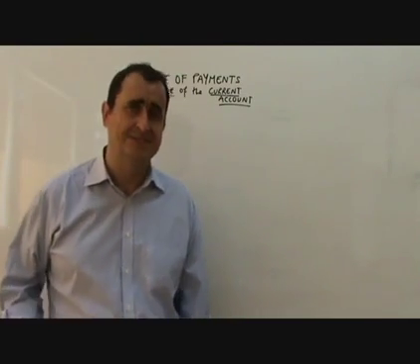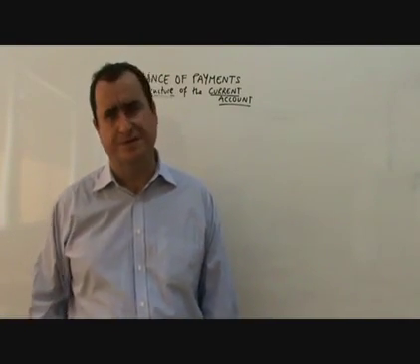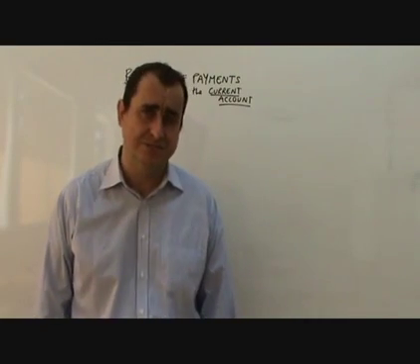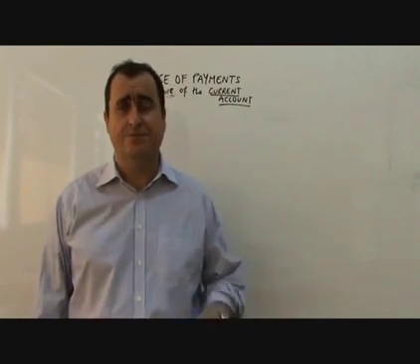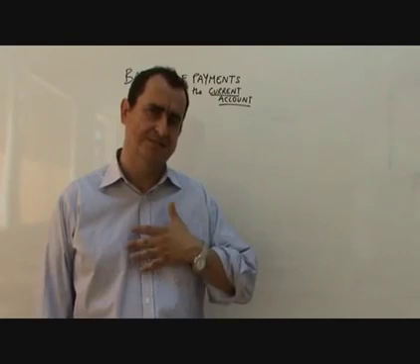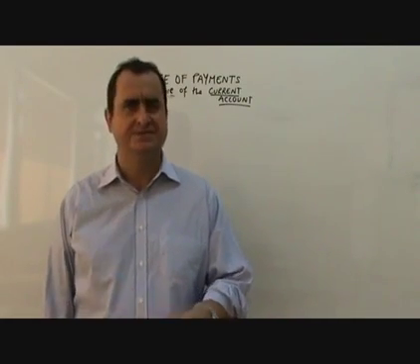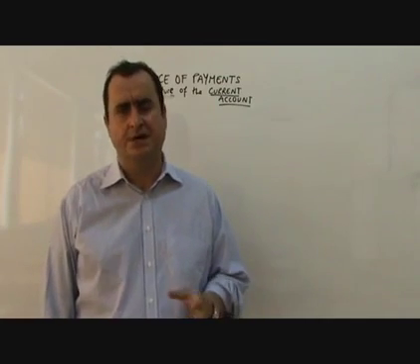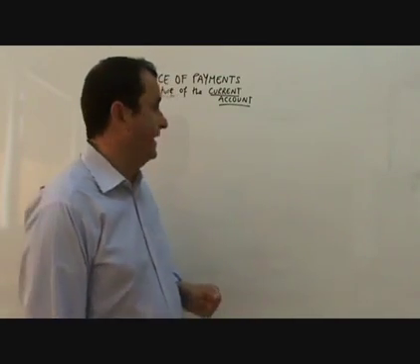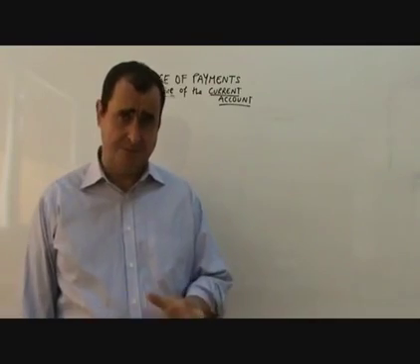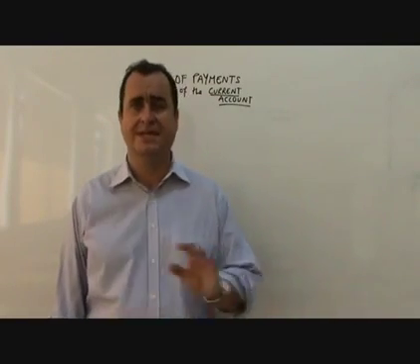The balance of payments is a document which records all the flows of money in and out of a country during 1 year. And thanks to the balance of payments, we can see whether more money is flowing into a country or more money is flowing out of a country, and it gives us an indication of the competitiveness of that country. And the balance of payments is split between two accounts, the current account and the capital account,